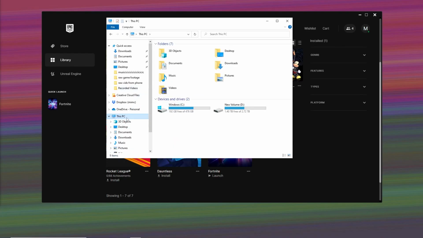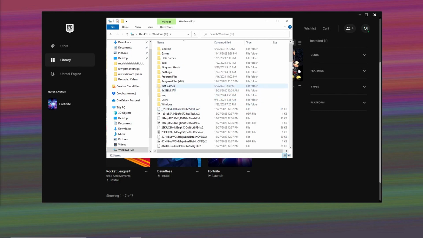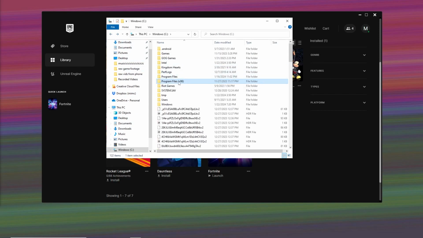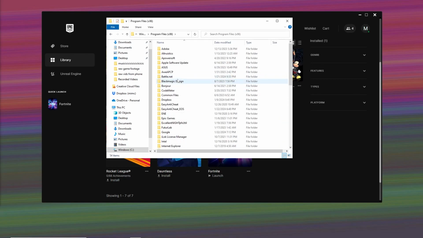From here on the left, we're going to go to this PC, go to Windows, one of your drives where Fortnite is installed on, most likely your C drive. Go to Program Files, go to Program Files 86. We're going to find Epic Games right here,